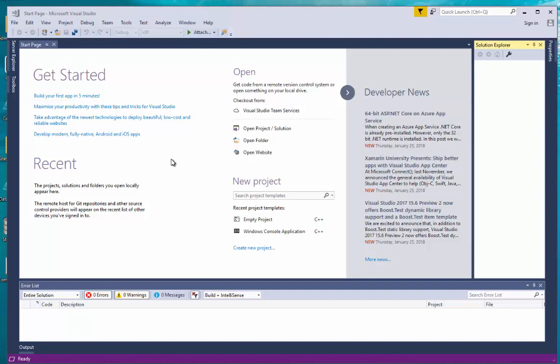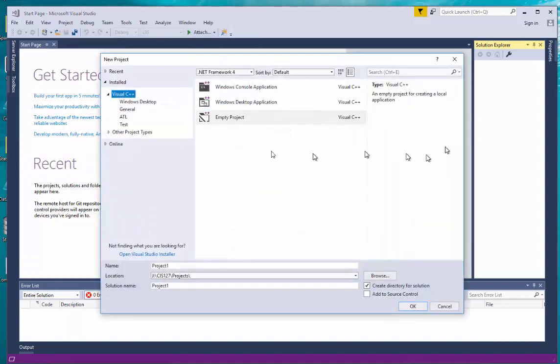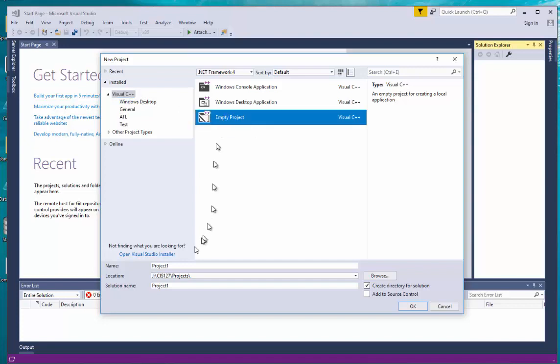Okay, now that we got a fresh install, I'm going to show you how to create a class project and also how to create an example of an exercise that you might do in class. First thing you do is go to File, New, Project. Make sure that you have C++ up here. Select an empty project, and we're going to call this